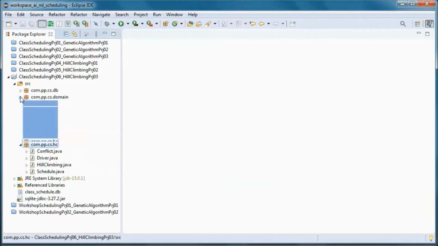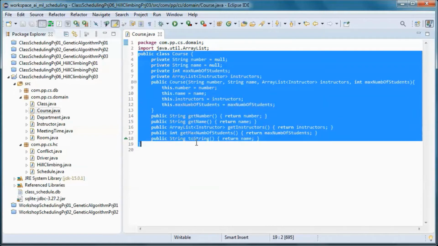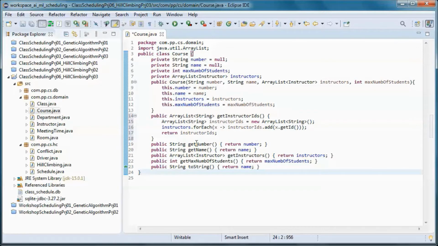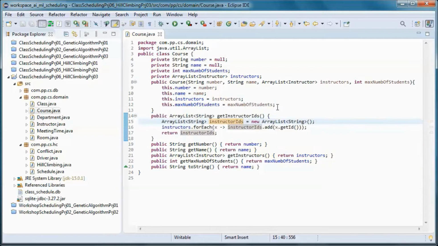And let's go here and refactor this code. So we added this method, and instead of returning the instructors, it is returning their IDs in a list.